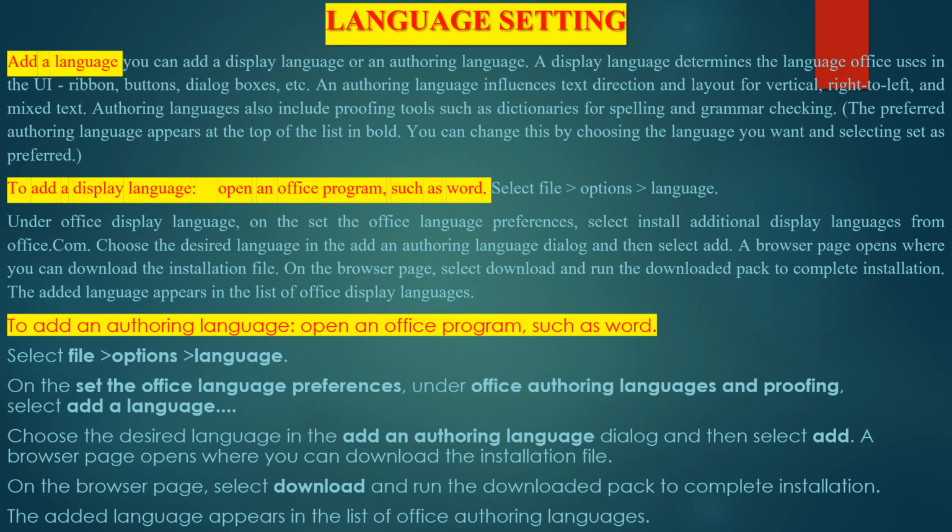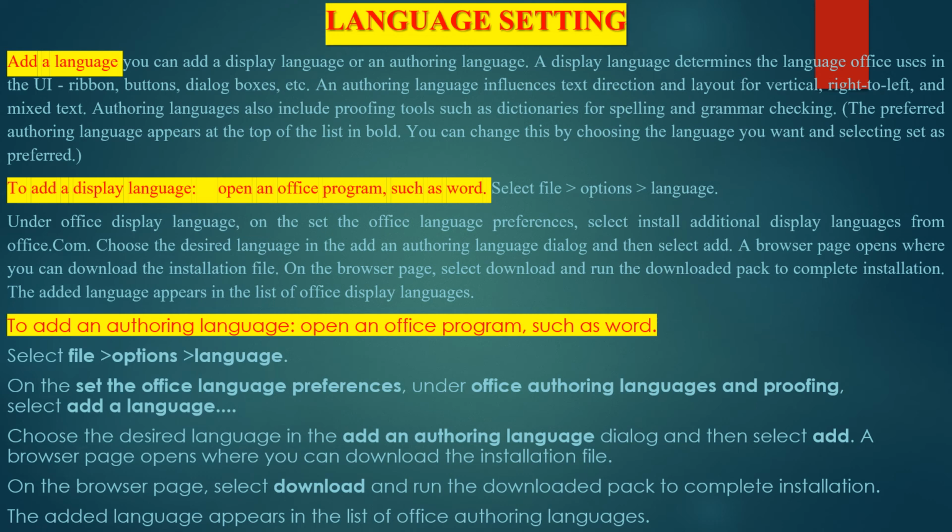Authoring languages also include proofing tools such as dictionaries for spelling and grammar checking. The preferred authoring language appears at the top of the list in bold. You can change this by choosing the language you want and selecting Set as preferred.